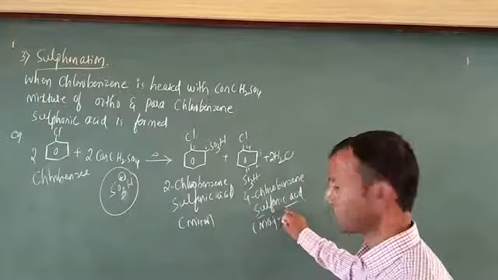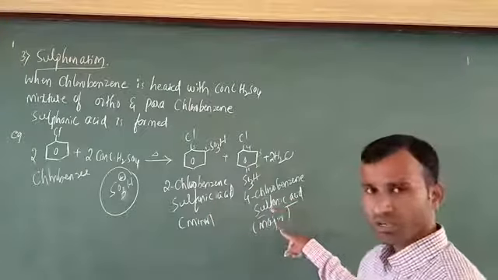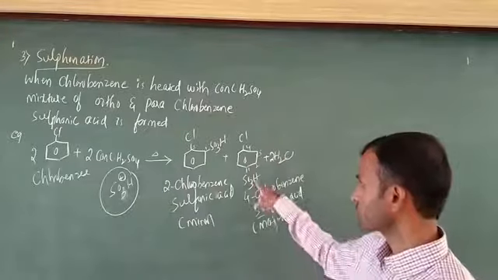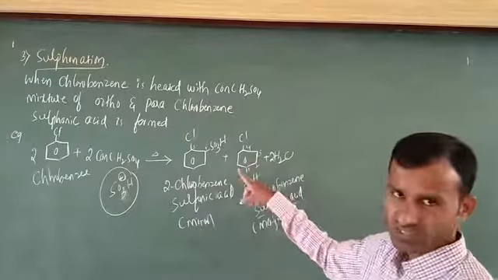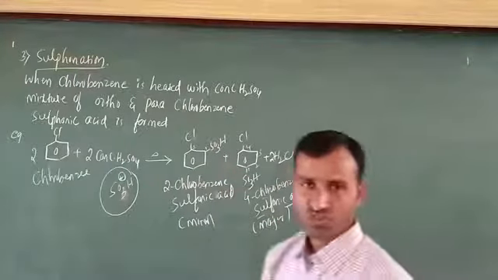This is the minor product, this is the major product. Okay, no problem. The next question: why is it major, and why is it minor? In this case it is very simple. It is major due to steric hindrance. I explained what steric hindrance is. Okay, up to this, sulfonation is completed.